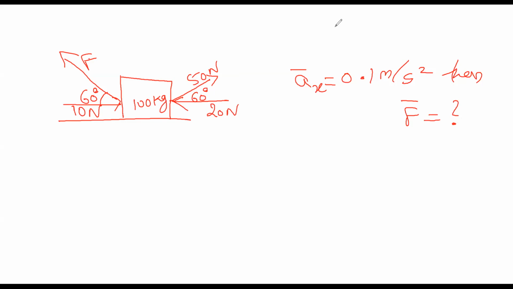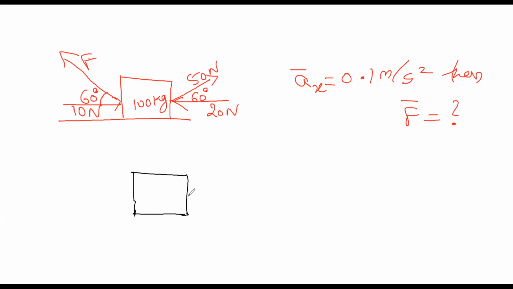So now the first and foremost thing you have to do is divide into components. That is called the free body diagram. Free body diagram means representing all the forces in x and y direction. Now when they're asking only acceleration and force, no need to draw the y-axis direction. If we can, you can draw, but whether we draw or not, it's our wish.